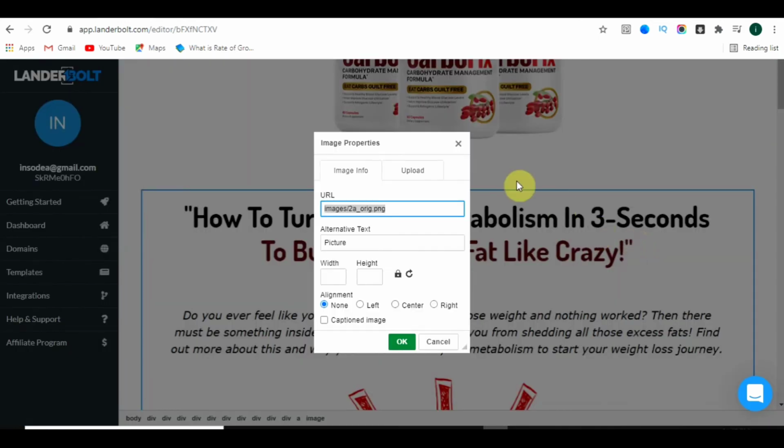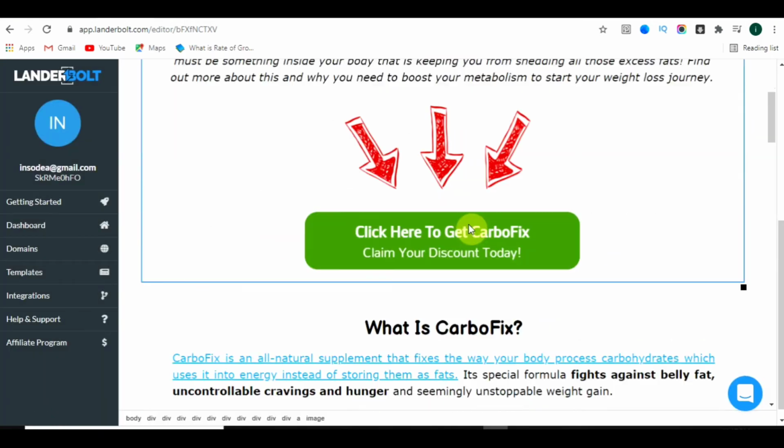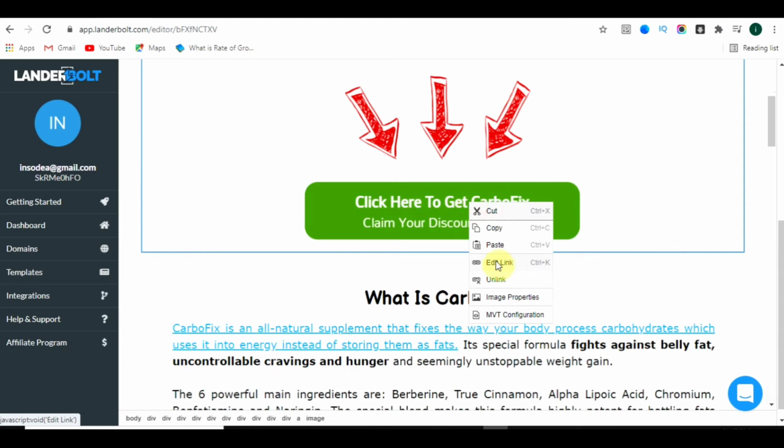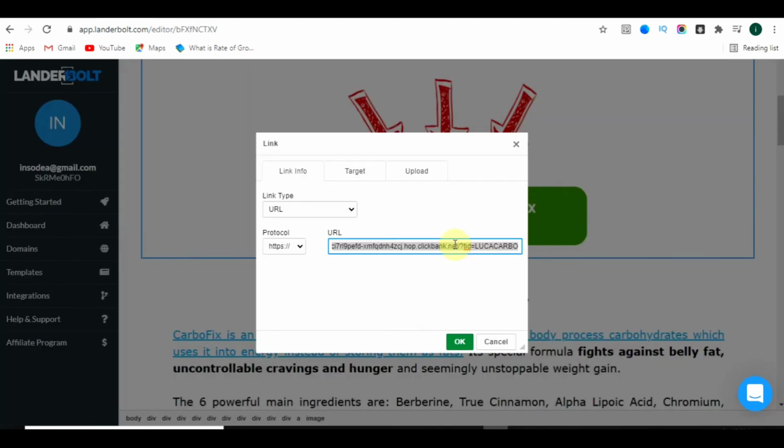When you click on this, you can change the URL from here. You can paste your affiliate link URL, and the other option is to right click and then click on edit link. Once you click on this, you will see this. Here you have to put your own affiliate link.